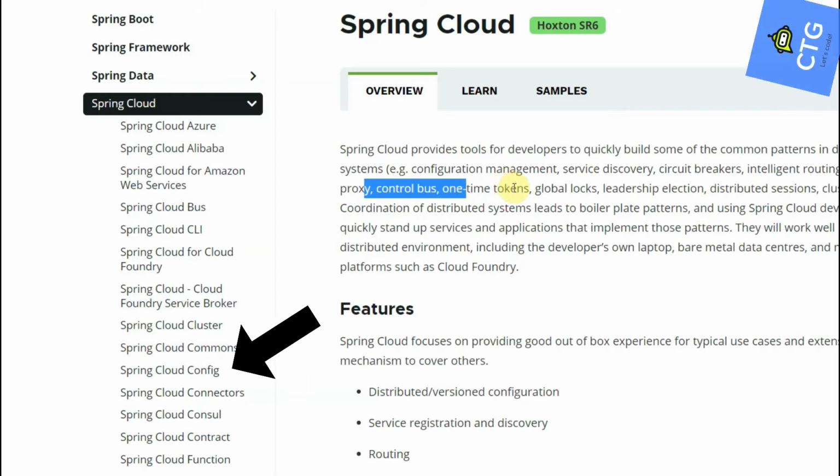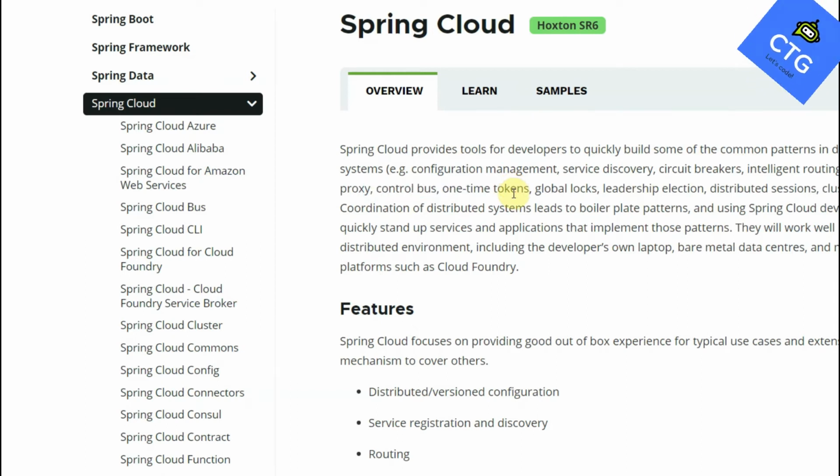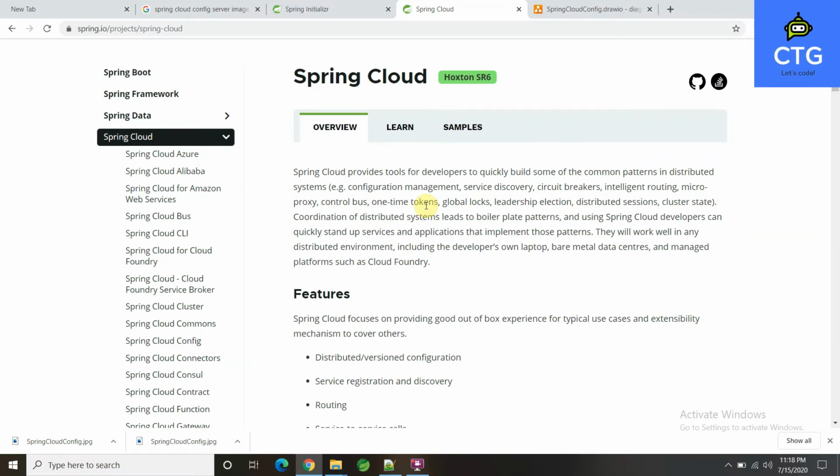So we're gonna start with Spring Cloud Config, basically the configuration management, in this tutorial.